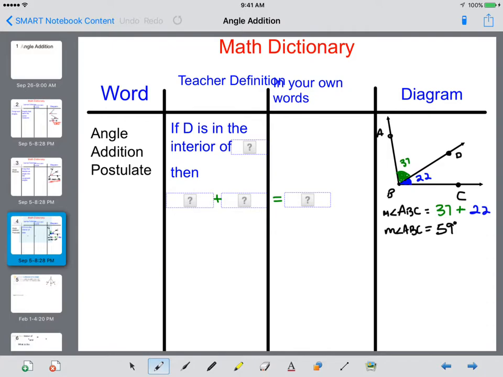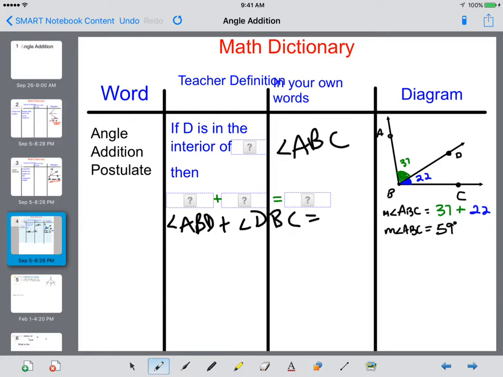If D is in the interior of angle ABC, then angle ABD plus angle DBC equals angle ABC. And usually you have this little M, and all that stands for is the measure of the angle that